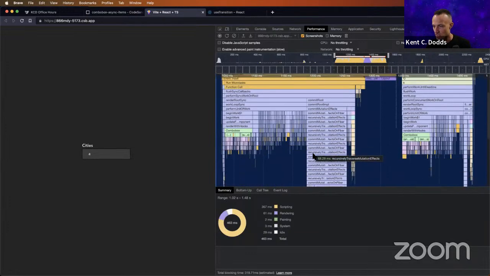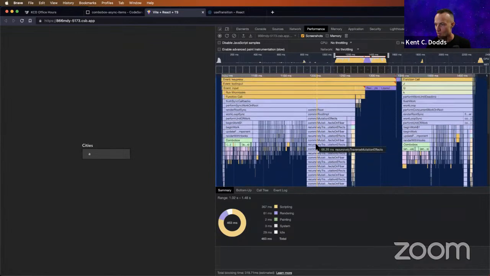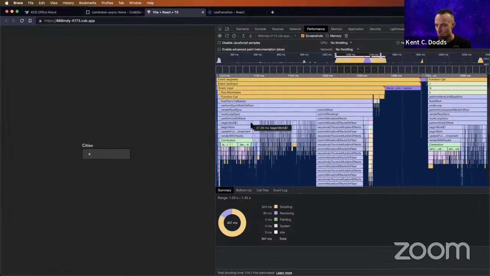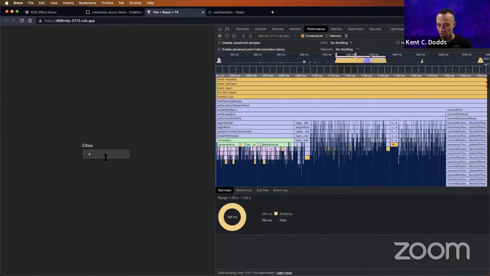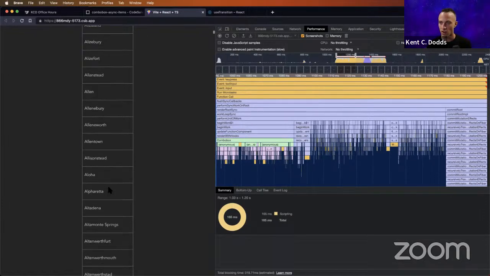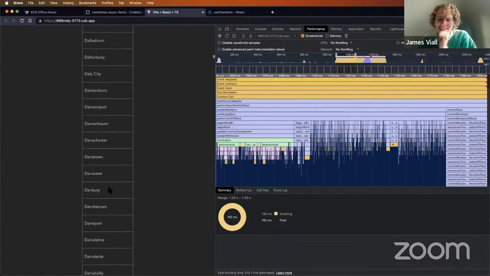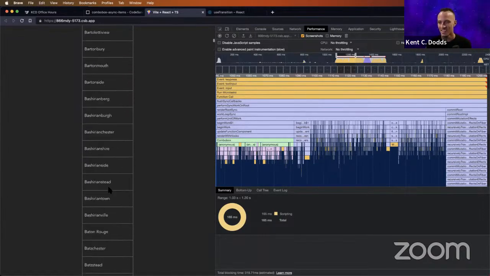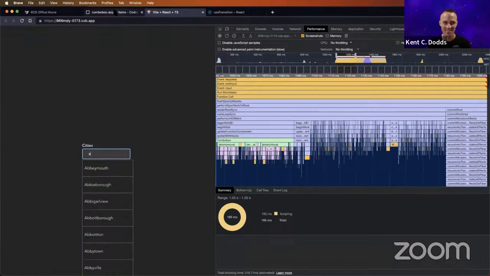So we can dive into this and see what's going on. Most of it is the big section that's this commit root stuff that is completely out of your control. Now actually I wonder how many cities. Oh, that's why. Well, there's 8,000. Okay, I should have checked that first. There's 8,000. And that's the use case that I'm trying to get here, but